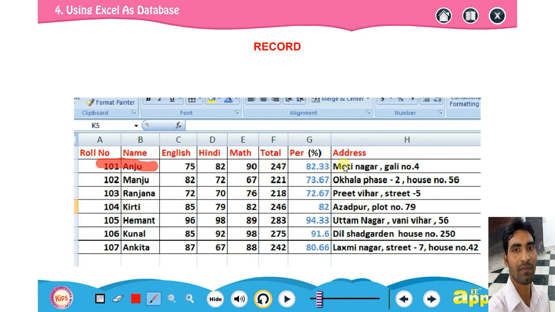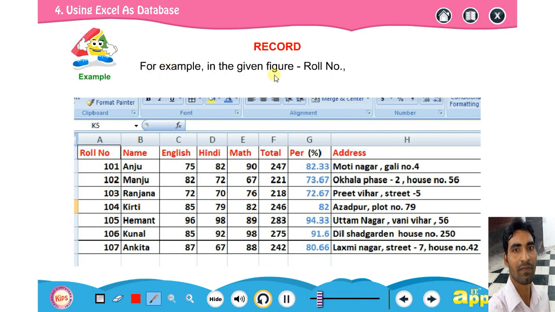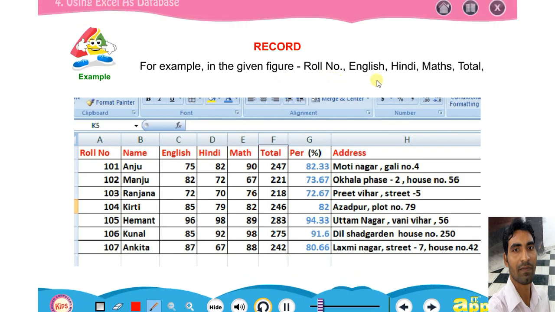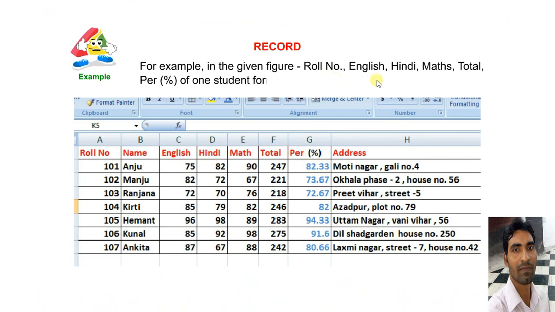So this particular row is the record of Anju, as you can see. The second row is the record of Manju. So this row consists of records in a database. For example, in the given figure, roll number, English, Hindi, maths, total, percent of one student forms a record.